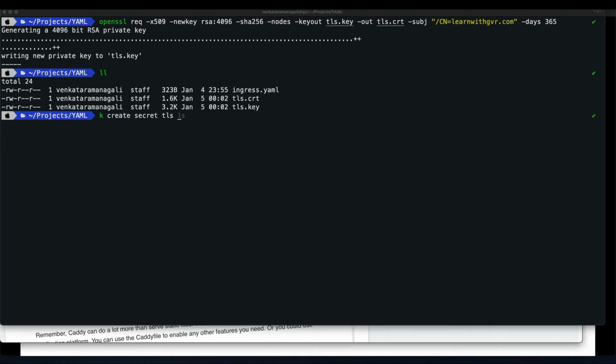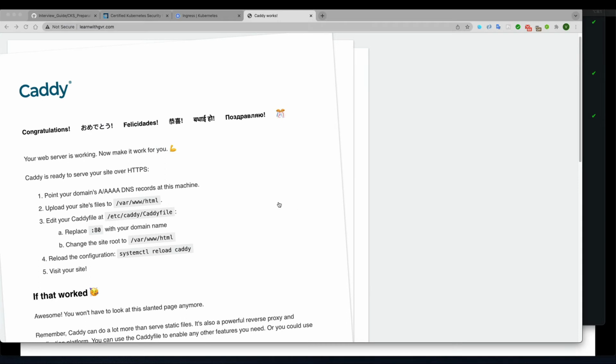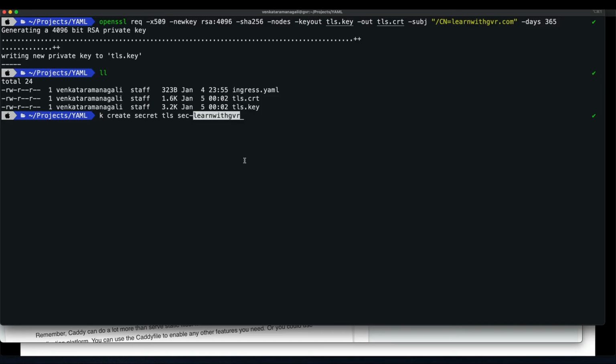After that I need to give a name. I will give the same name as my domain so that I can identify it easily. So secret hyphen something, this, right?